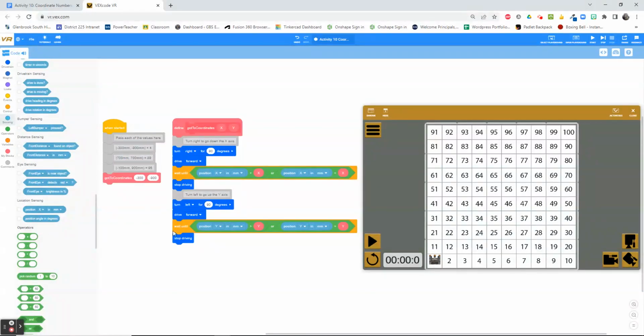This is an example for level 1 actually. I'm navigating to these different coordinates here. What I decided to do was create a My Block. I just called that My Block go to coordinates, X and Y. And I define X and Y here in this little script. I start off by saying turn right to go down the X axis along the bottom here. So I say turn right for 90 degrees and then drive forward until,